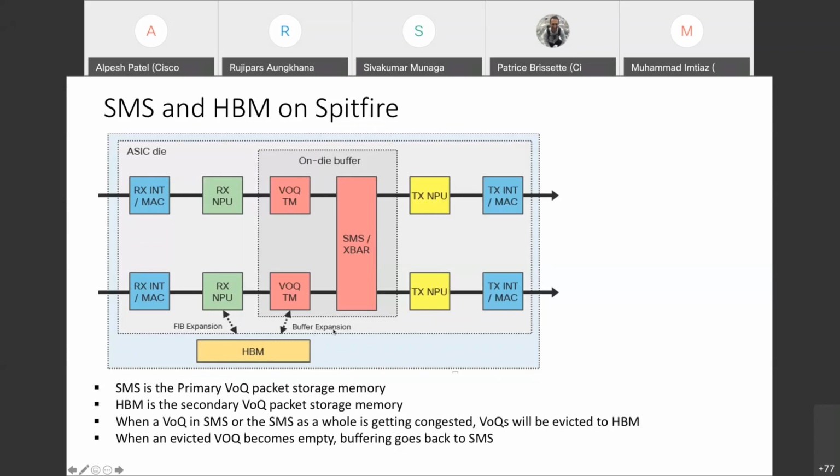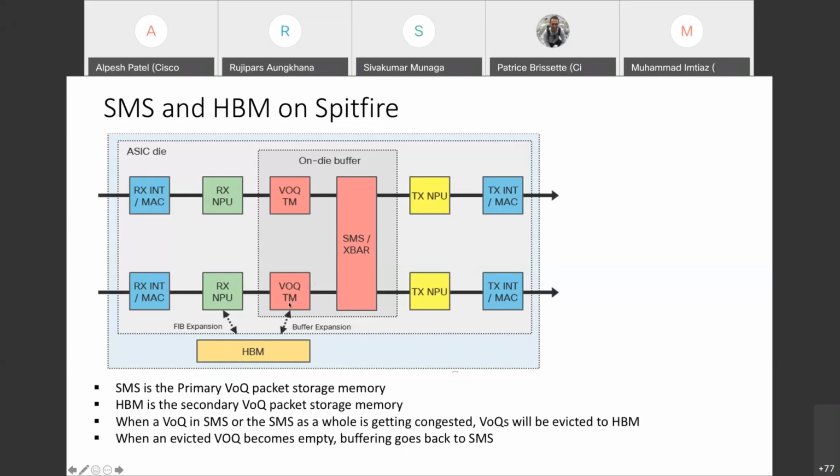So SMS is your primary VOQ packet storage memory, and HBM is the secondary. When a VOQ in SMS is getting over-congested, it just gets evicted to the HBM. When the VOQ becomes empty, meaning the traffic has drained out, it migrates back, or goes back,